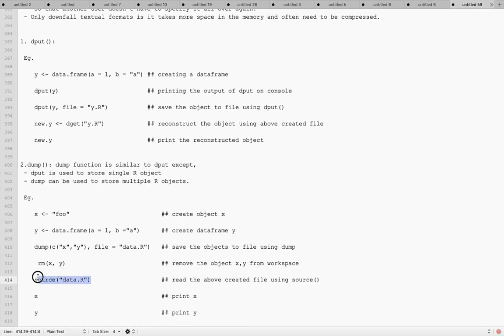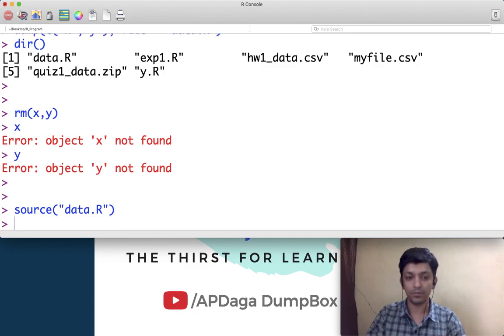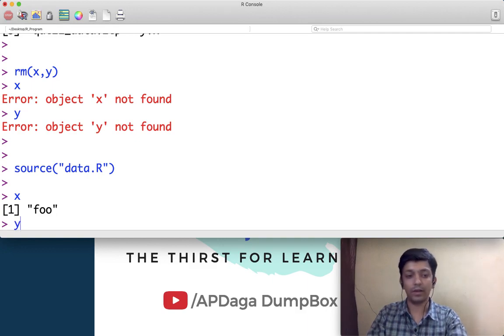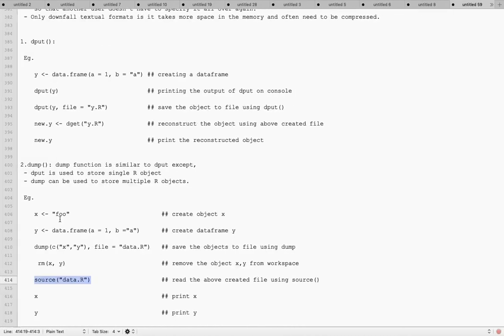Now I'll read the file which we created earlier using dump. Once this is done, if I try to print x, it's back, right? So using dump, we stored multiple variables, that is more than one variable, into one file, and we have read the same file using source.